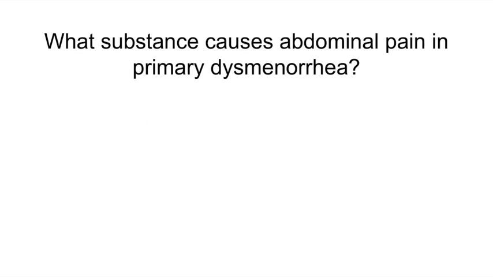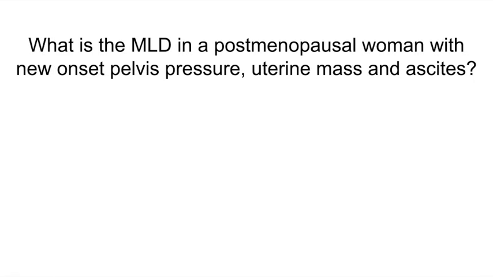Excess prostaglandins. What is the most likely diagnosis in a postmenopausal woman with new onset pelvic pressure, uterine mass, and ascites? Uterine sarcoma. Risk factors of a uterine sarcoma include tamoxifen use and pelvic radiation, and the treatment of this